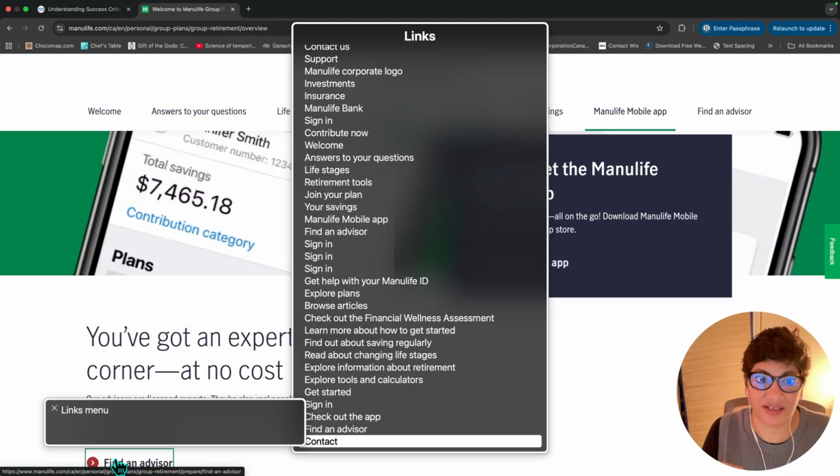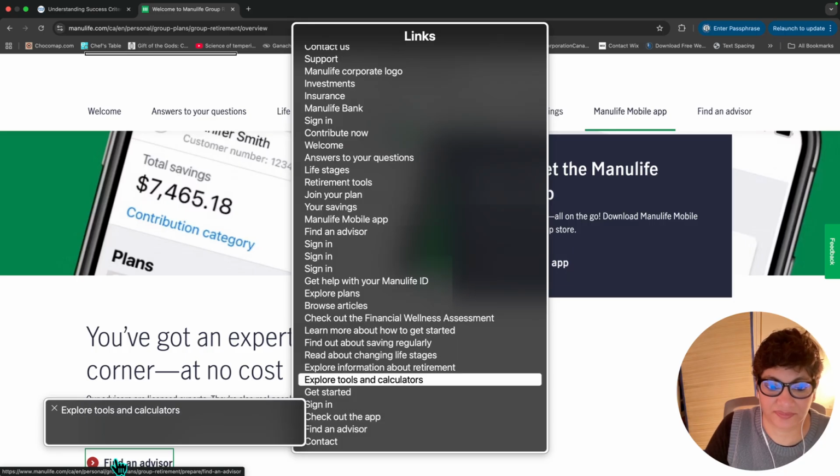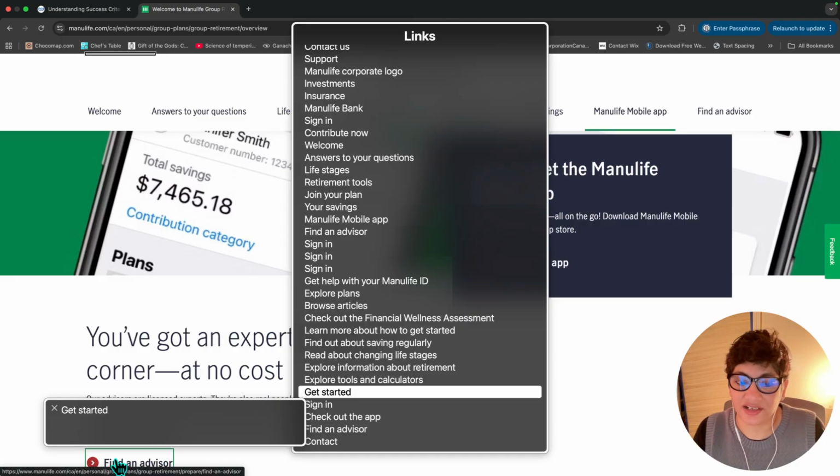If it said something really clear, instead of just "explore the app," something about the Manulife mobile app, it would make more sense. Sign in, get started, explore tools and calculators. Get started, as a standalone, says nothing to me, right? So this is what 1.3.1 requires: that we be able to convey what the visual experience and context is to the assistive devices through clear text that is programmatically added to